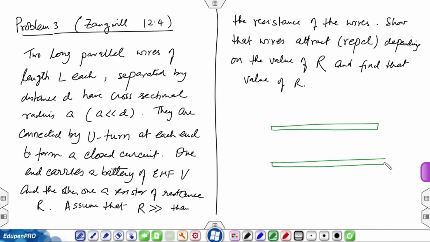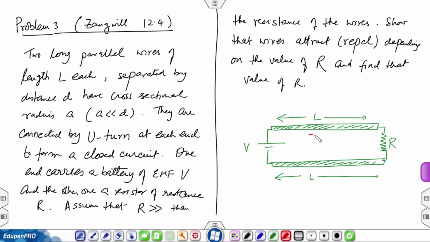There are the two wires which are parallel, and of length L each, and on one side they are connected by a battery of voltage V, and on the other side there is a resistance R, so that there is a current flowing, and the current value I is going to be V over R. Now, there is going to be a potential difference between the wires of magnitude V,